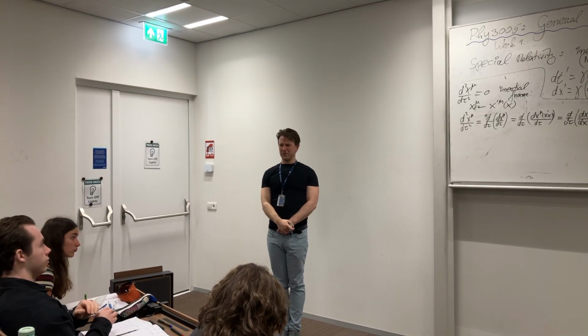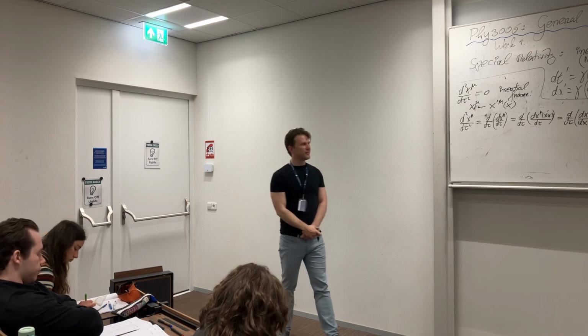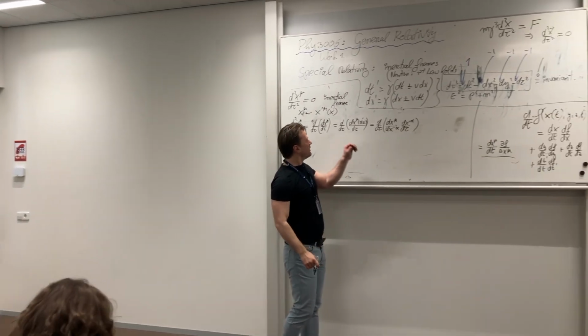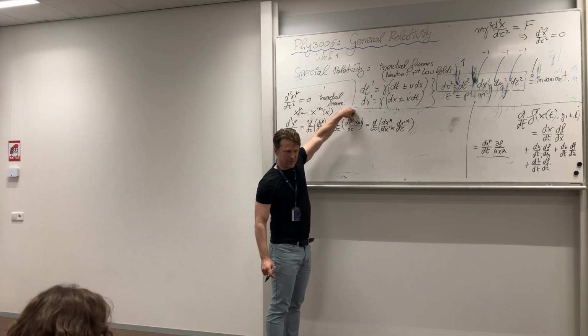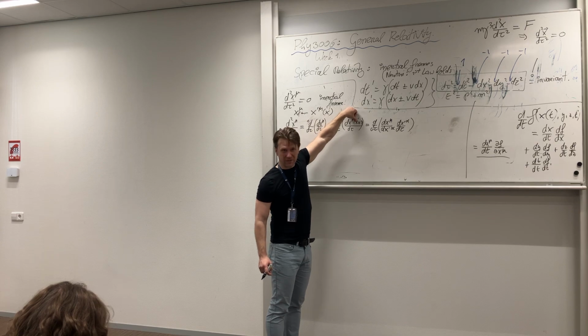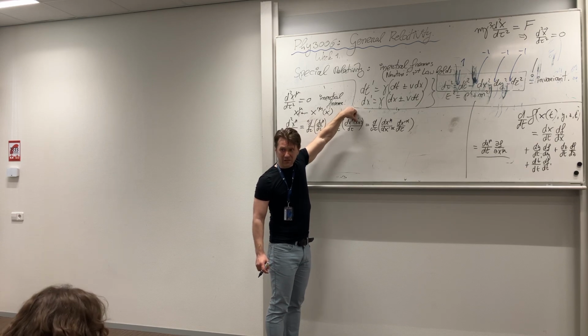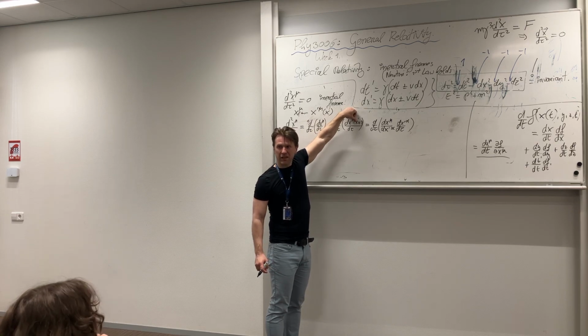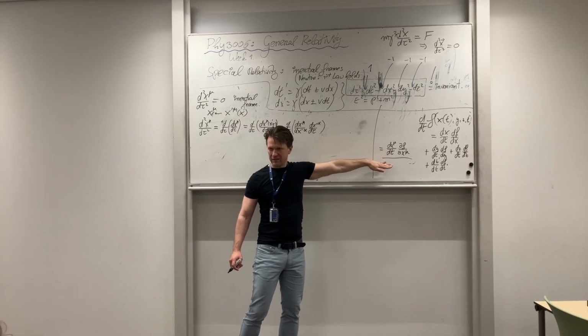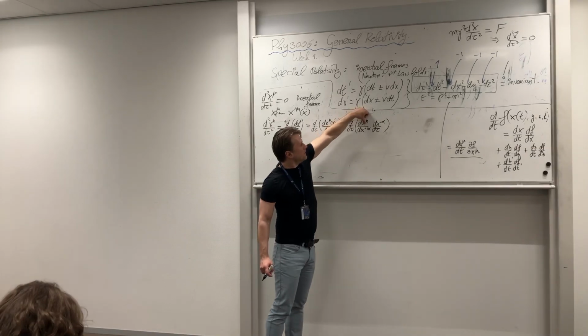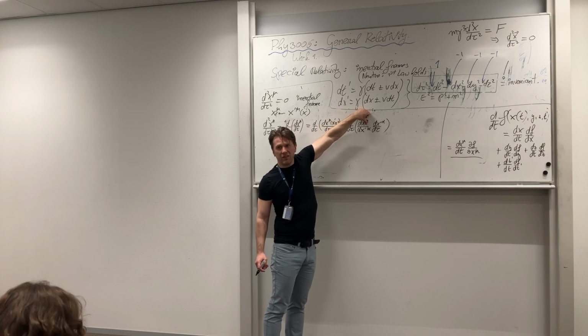Let it sink in for a moment. So I have a mu here, let's ignore it for a moment. This mu is a function of 4 x primes. And by generalized chain rule, that means I'm going to have to take 4 derivatives and add them together according to this rule over there. That's what I did here. This is a generalized chain rule from your basic calculus course, but simply now written